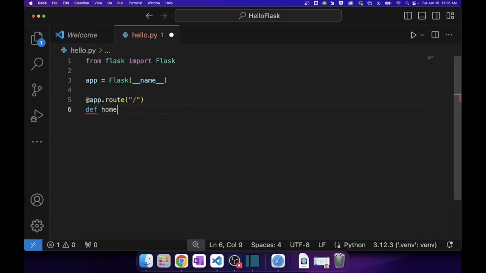I'm just going to call this one home, the home method, and it's going to be just one simple line of code. I'm going to return hello Flask. All right, I think that should be enough for us to at least get started here. If we hit run,